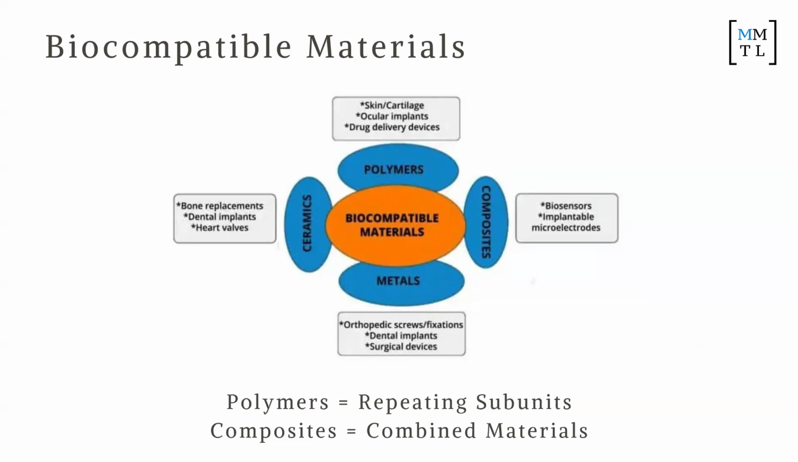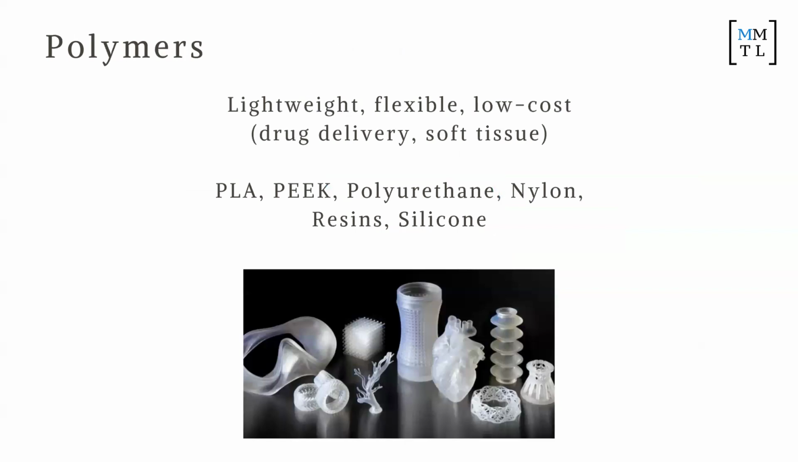The second are composites. Composites are combined materials, so materials that have combined properties. Again, it's taking the best of both worlds of different materials and combining them. These can be useful for biosensors and implantable microelectrodes. Then you have the classic ones: metals, for things like orthopedic screws and dental implants, things that really require a tough material. And the final is ceramics, which are also tough, for bone replacements and dental implants. So we'll go through each one. The first is